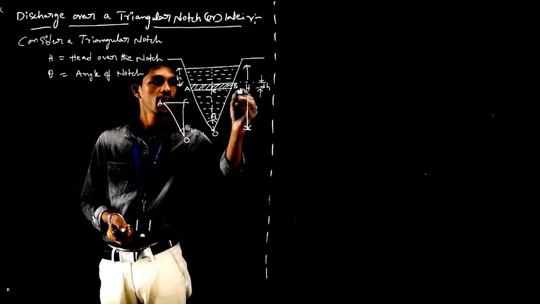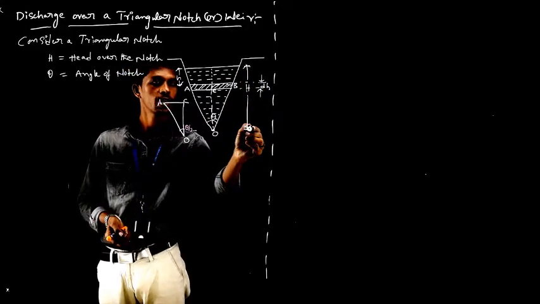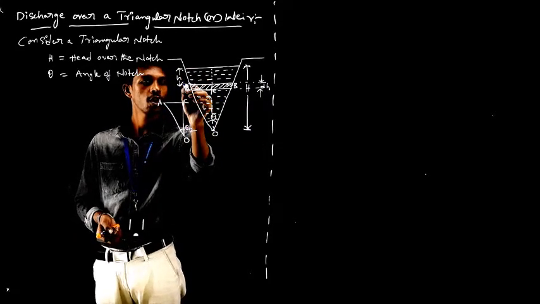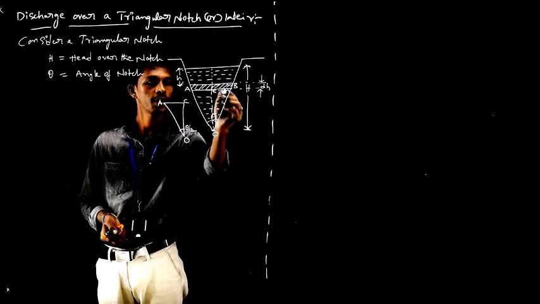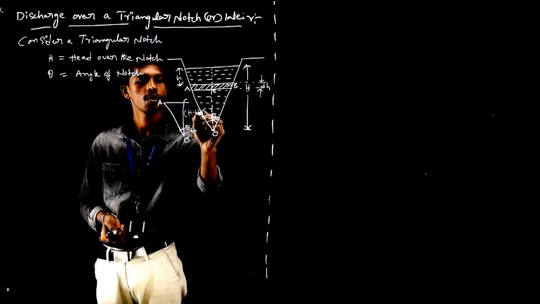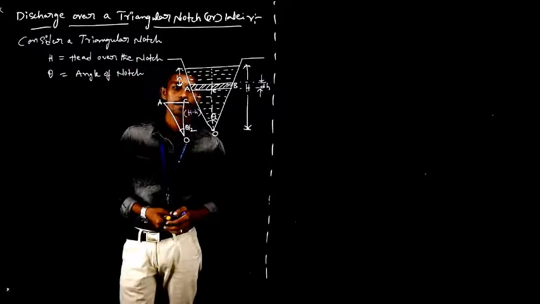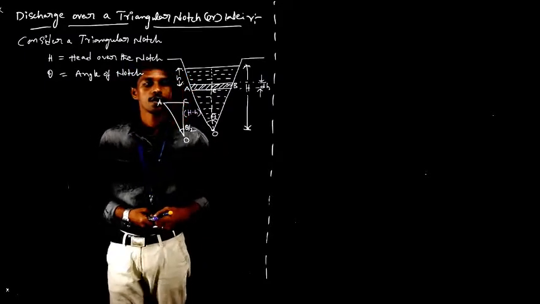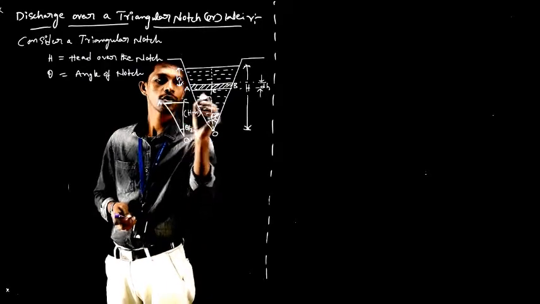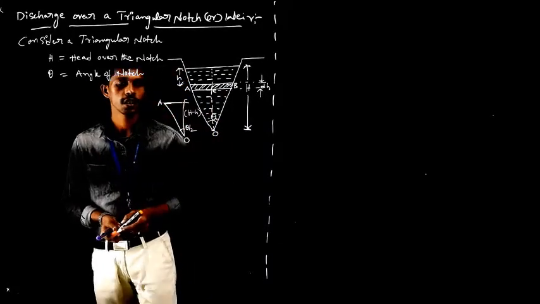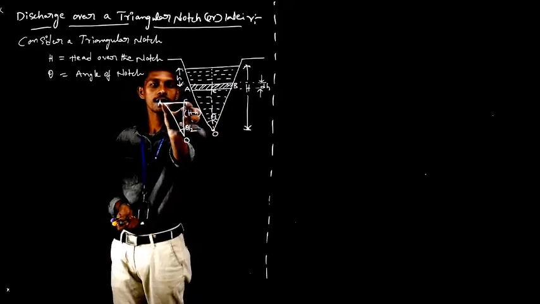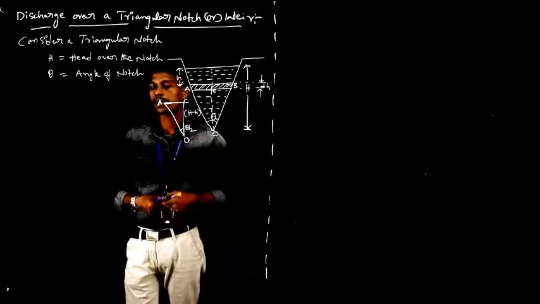Okay, so the total height is capital H and the strip is at a height of small h. Then what about the height of the triangle? Capital H minus small h will be the difference of heights, right? So I have to calculate this one. I need this length so that I can find the length of the notch, that means the length of the strip I have selected.